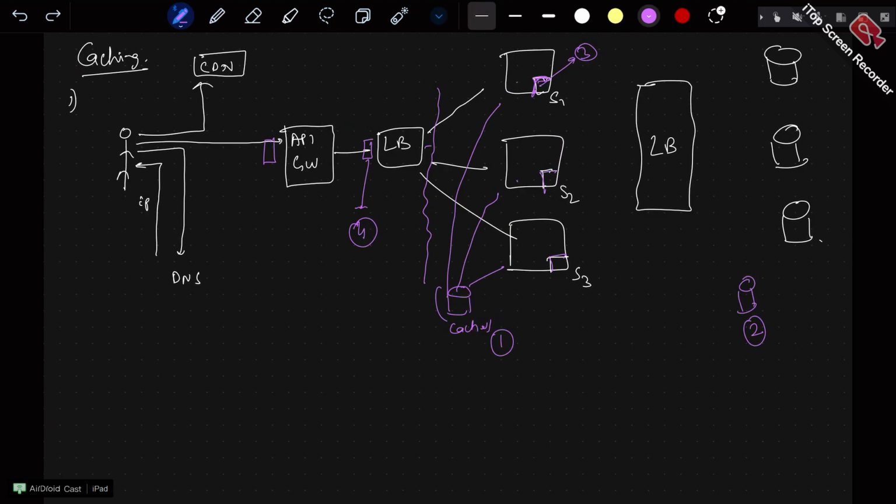Cache is just a key-value store. The key is, for example, user ID, and the value is the post data. Take most frequently used data: a celebrity has just posted, the celebrity ID is 100, and most people would like to see that data. Why would you go through the entire route? At the load balancer layer itself, you keep it. At the API gateway layer, you can also keep it, before even hitting your organization.